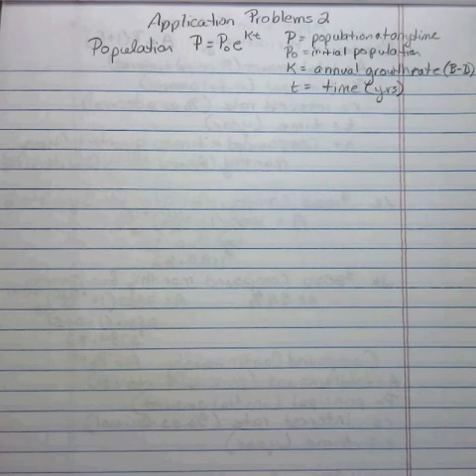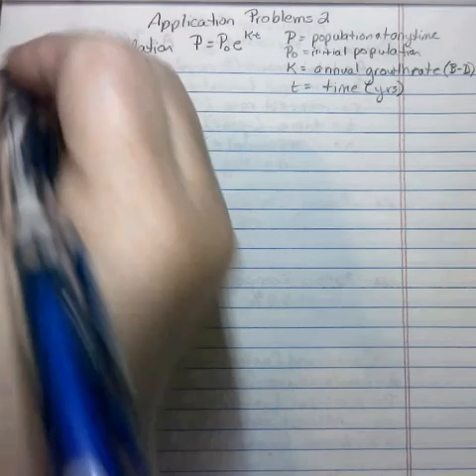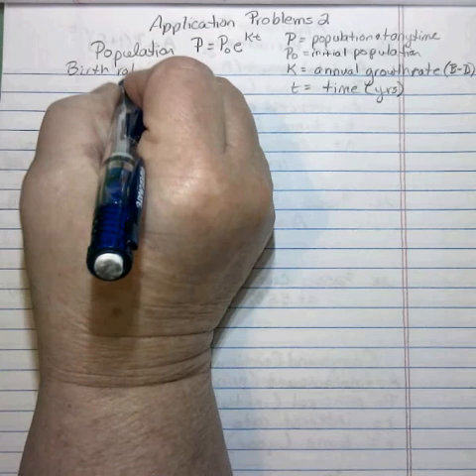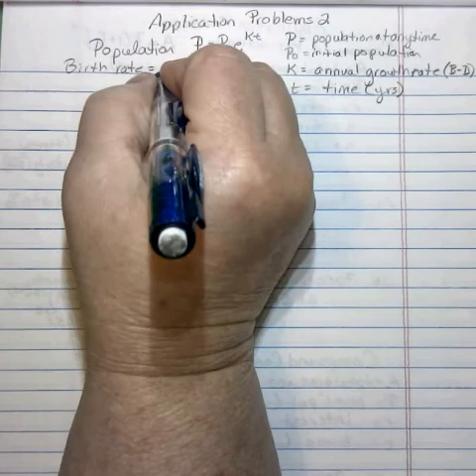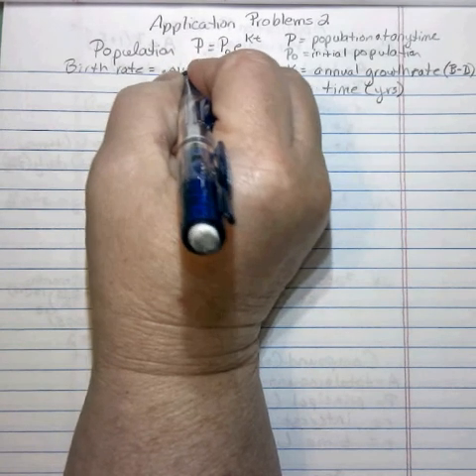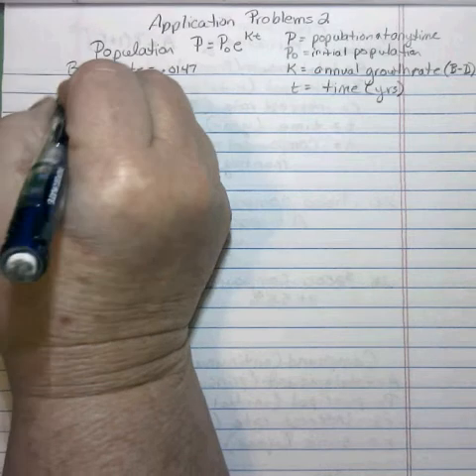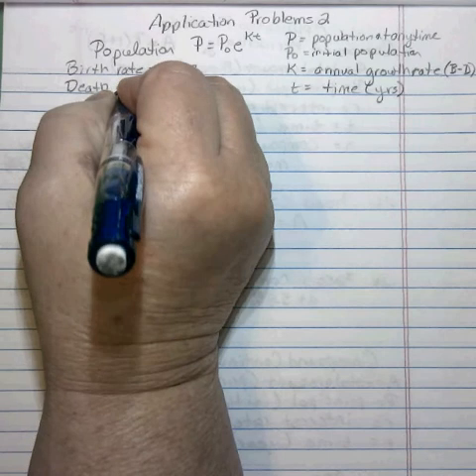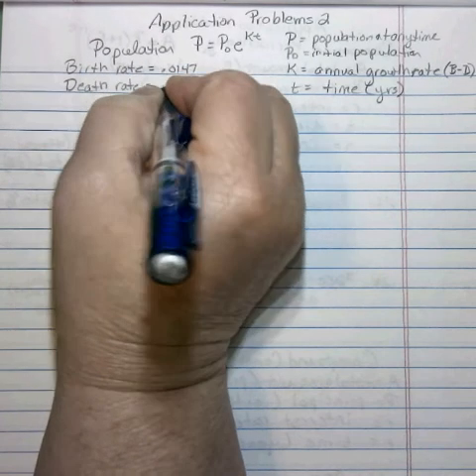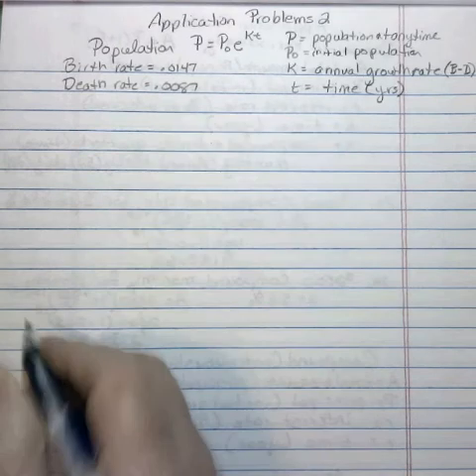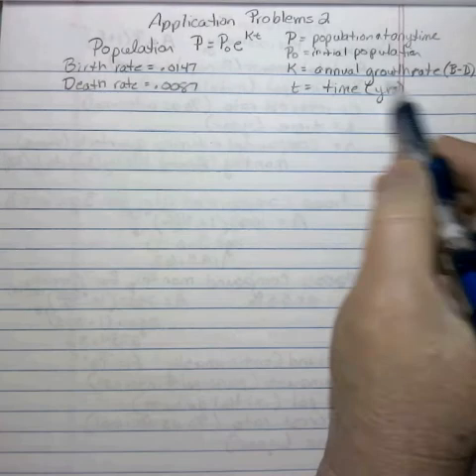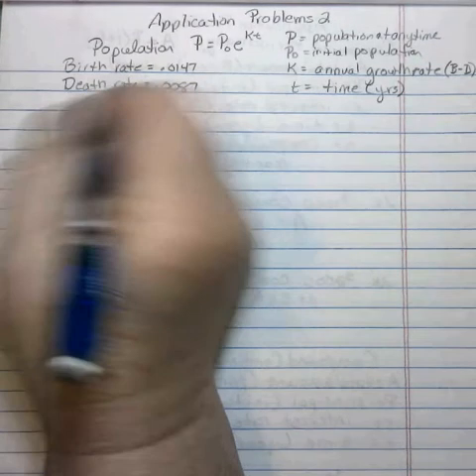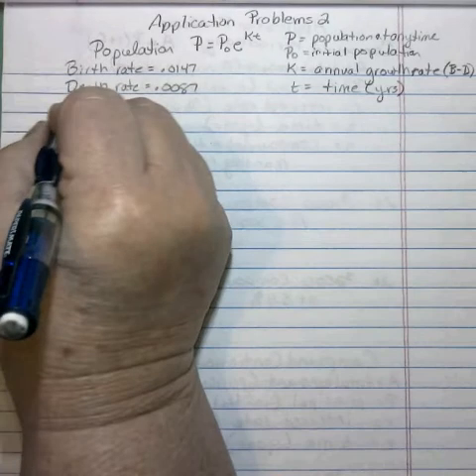In our problem, for this example, we have the birth rate to be 0.0147 and a death rate of 0.0087, and we actually need to calculate our annual growth rate by calculating that B minus D